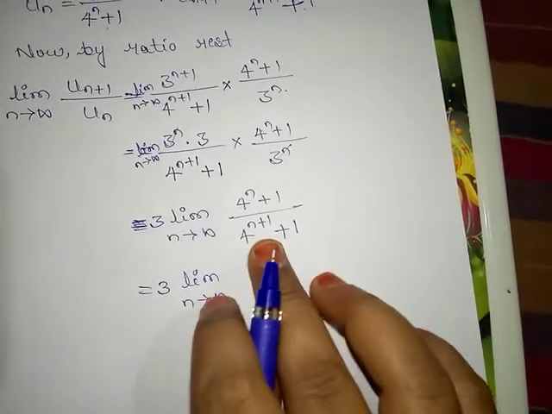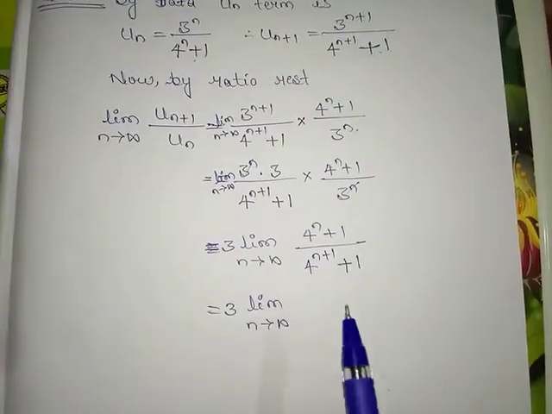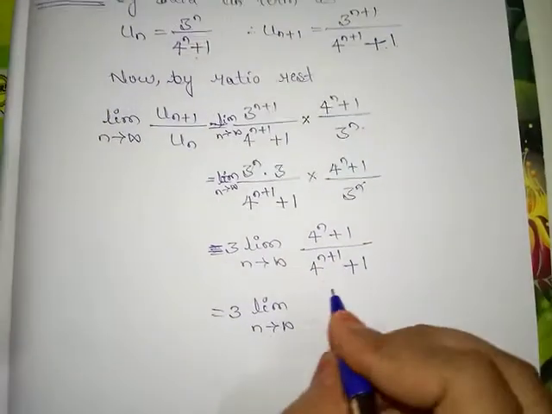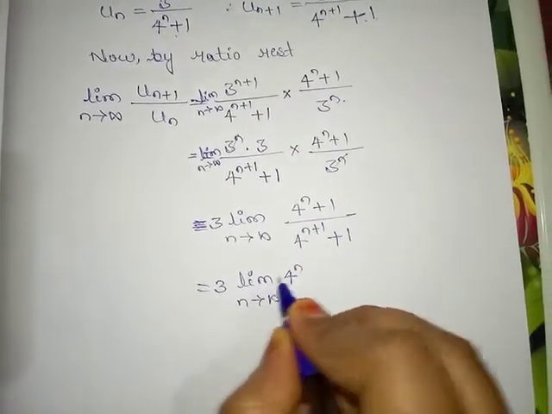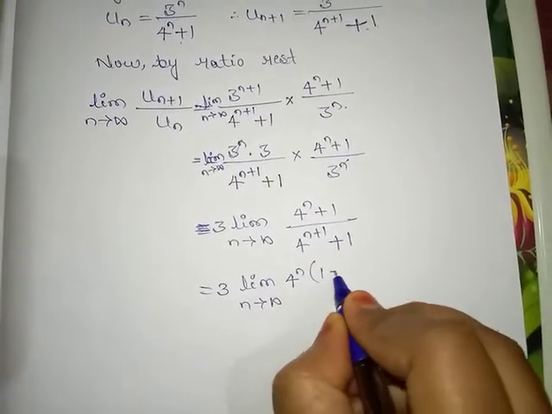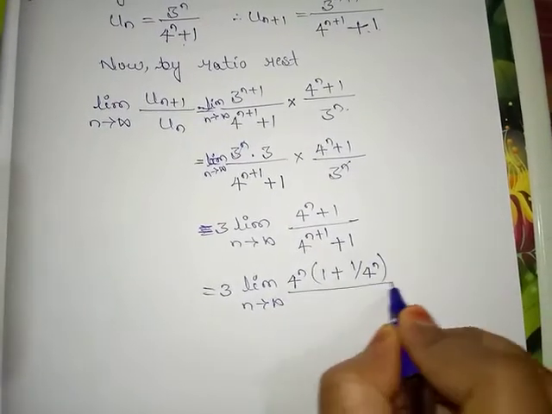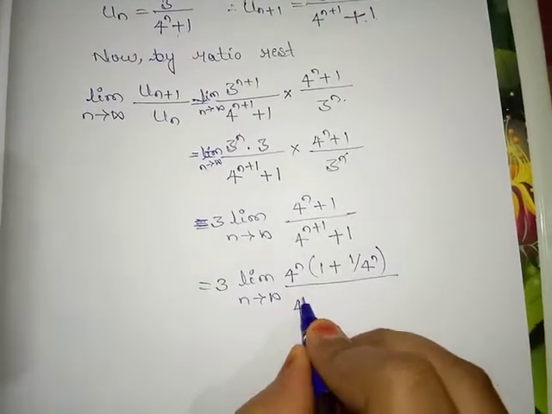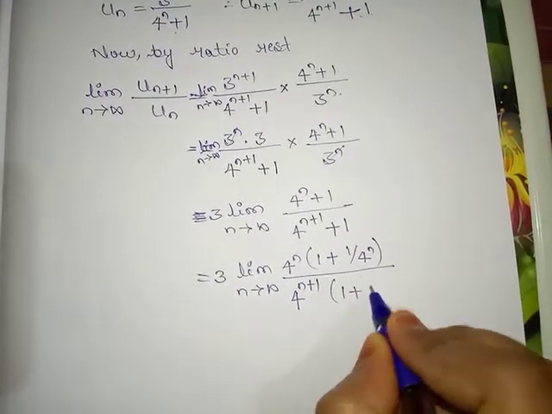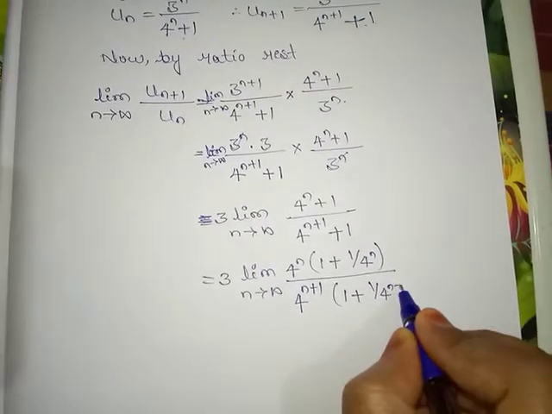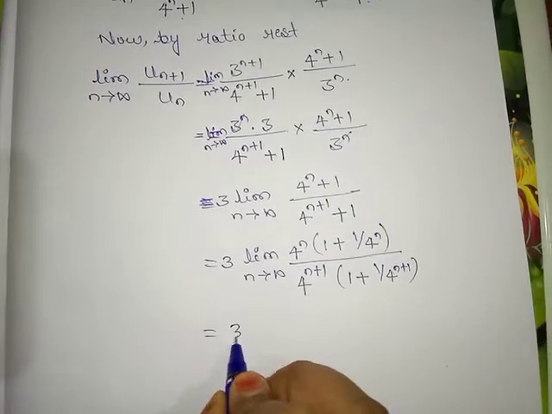Try to avoid, that is, try to cancel the terms having the possibility to give an infinite value. Here in the numerator I will take 4 raised to n as common. The remaining is 1 plus 1 divided by 4 raised to n, whole divided by... Here in the denominator I will take 4 raised to n plus 1 common. The remaining is 1 plus 1 divided by 4 raised to n plus 1, which is equal to 3 into,